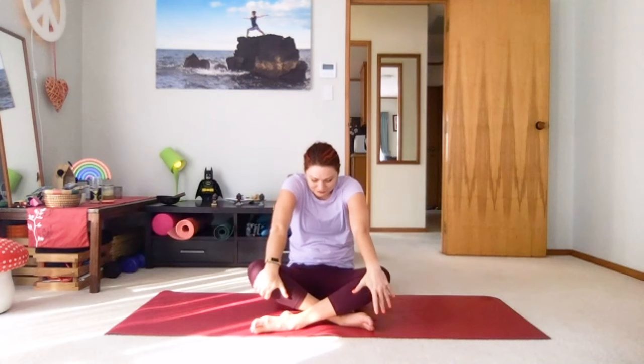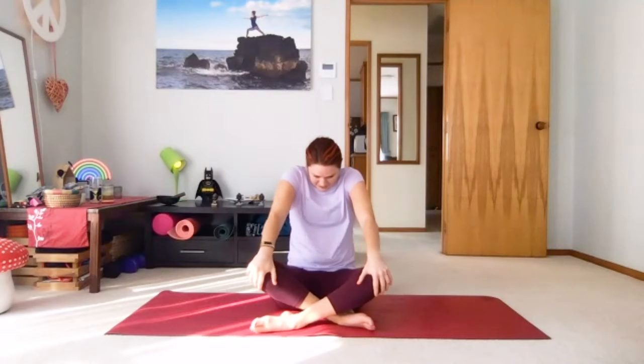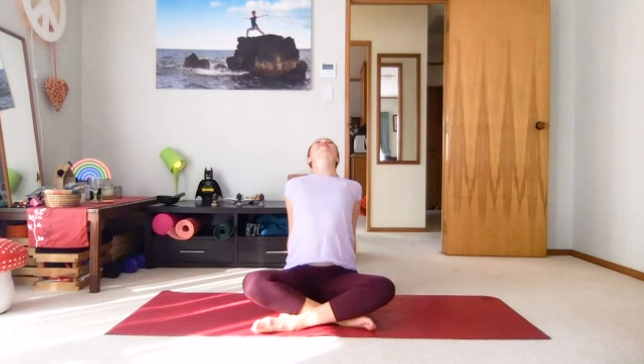And we'll do this one more time, so curling in, make the movement a bit more exaggerated. And then lift and open, fingertips float behind you, draw shoulder blades back and down, lift the center of your chest, big full breath, and then bring hands in front,